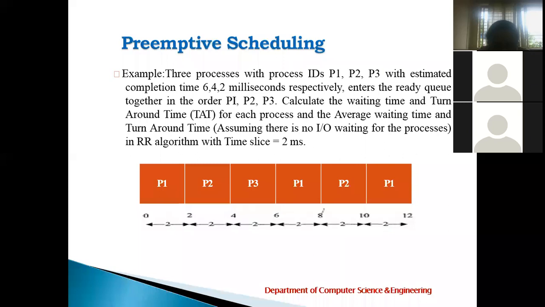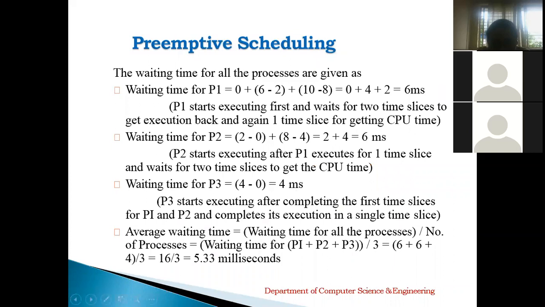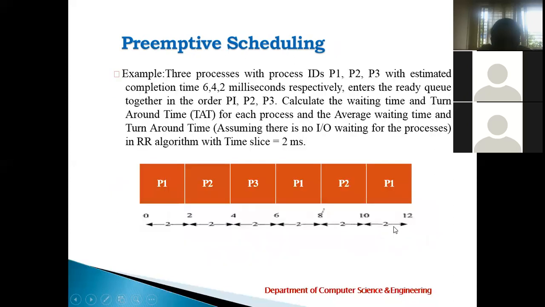First, it has waited 2 milliseconds. First P1 will be executing, so it will wait for 2 milliseconds. What is its execution? Only 4 millisecond it is there. Right? So 2 millisecond. Then after that, P3 is also given a 2 millisecond chance. P1 will also be given 2 milliseconds. So 4 plus 2, how much is it? 6. Correct. So this is what it is, 6 millisecond. Understood? Okay. Then what is the waiting time for P3? Calculate.